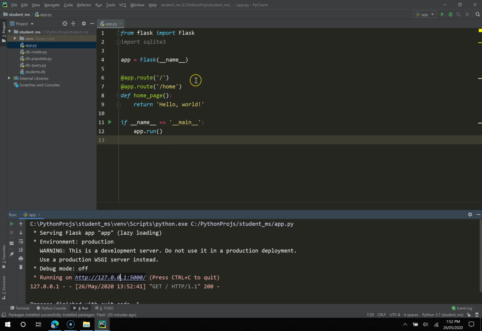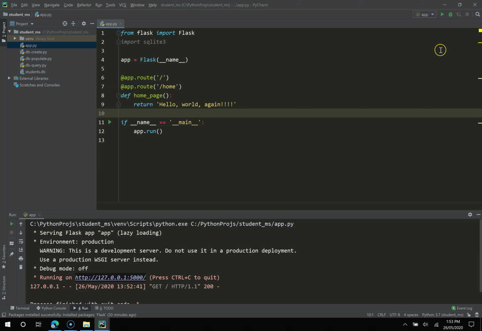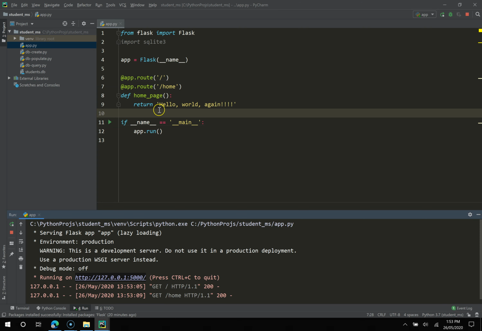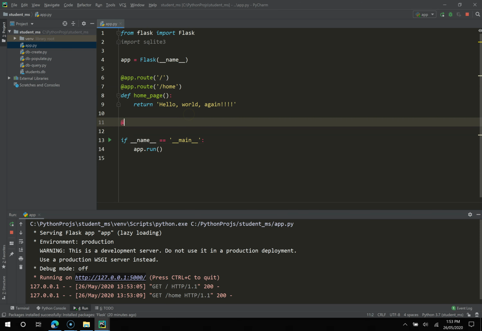Now if I hit stop and I change this to hello world again, why not, we'll add a couple of extra exclamations there, and then run this again. When I click on this, you'll see that I can edit it. If I were to click on this and go to the home, you'll see that it takes me to the same page. So that's the core of how Flask works,